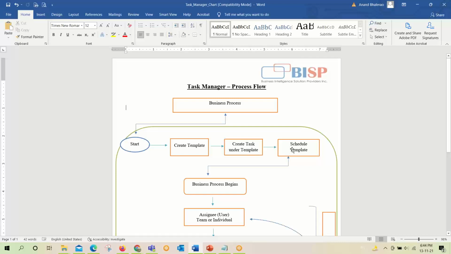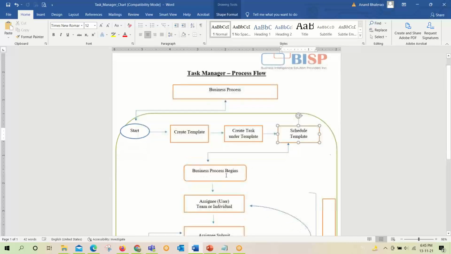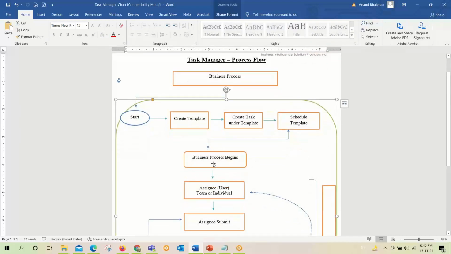And once these tasks are created, we schedule them. It is to be noted here that the scheduling is done on the template. The template is scheduled, which in turn automatically schedules the tasks associated with this template. Once the schedule is created, the actual process begins from here, because only after that are the email notifications and other alerts shared with the users and different end users, so that they can start their process